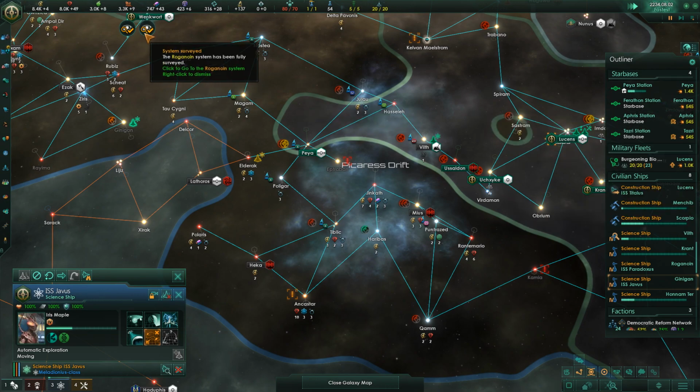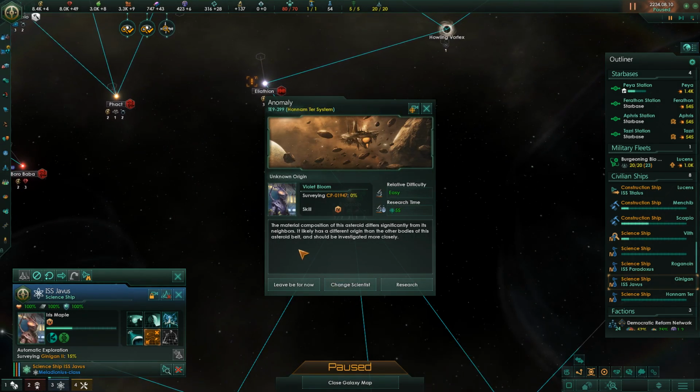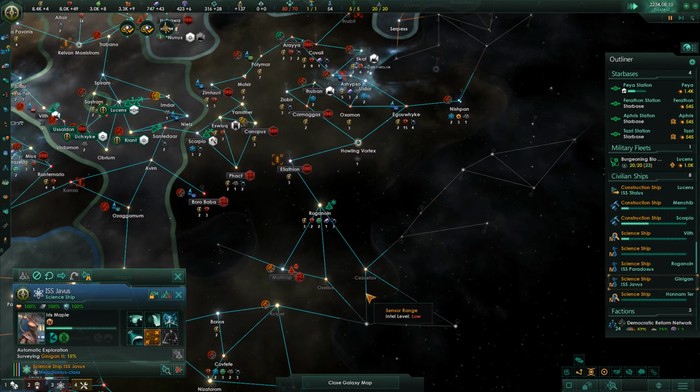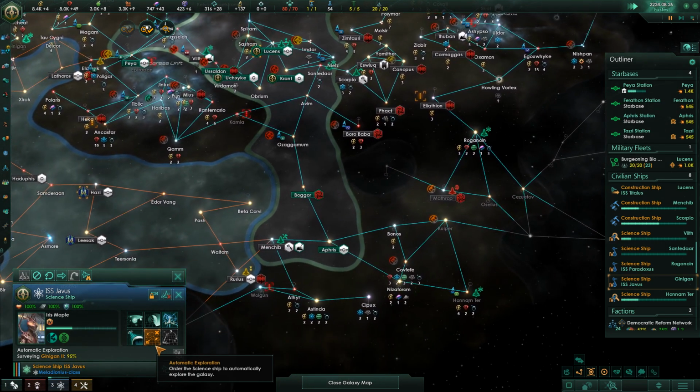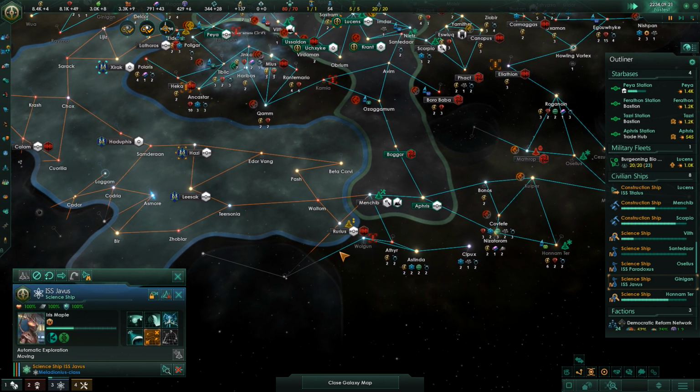Survey complete. Anomaly detected. The material composition of this asteroid differs significantly from its neighbors. It likely has a different origin than the other bodies of this asteroid belt, and should be investigated more closely. Go ahead and do so, then. Why not? So I'm not going to be able to get over there anytime soon. I mean, I could go take out these mining drones, but...